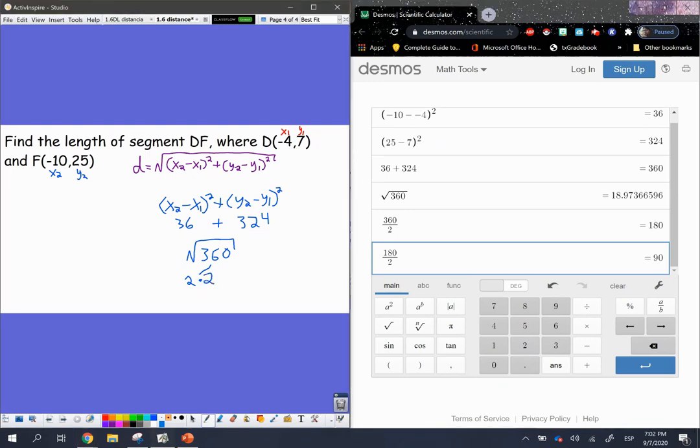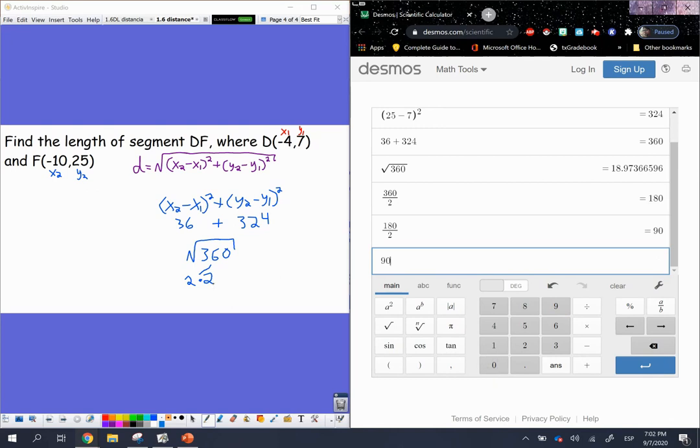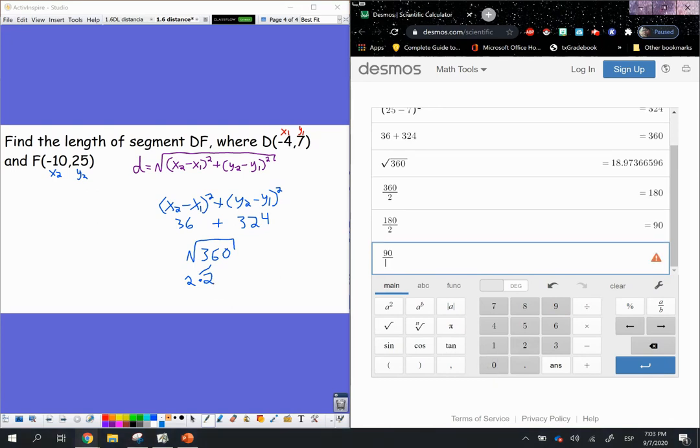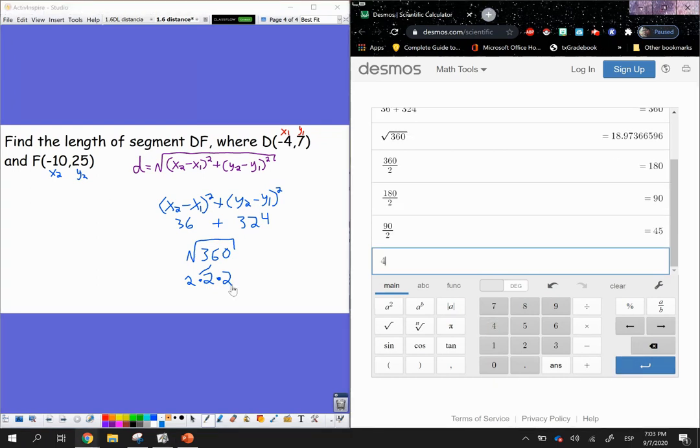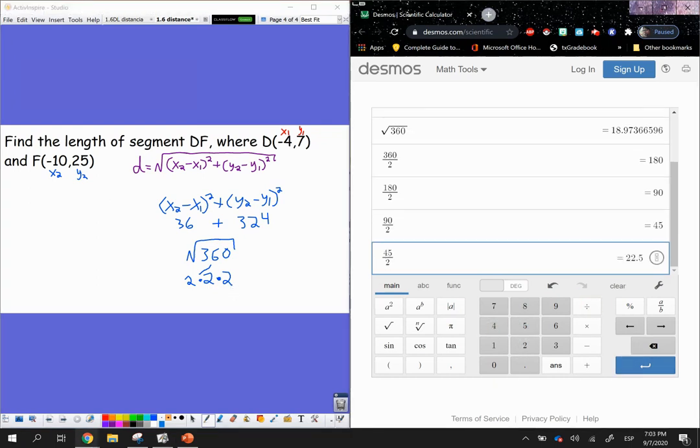So far I've got 2 of the number 2. Now I'm going to try it again. So 90 divided by 2. And it works again. I get a whole number over here. So I can add another 2 to my list. Now I got 45, so I'm going to try 45 divided by 2, and this time it doesn't work because